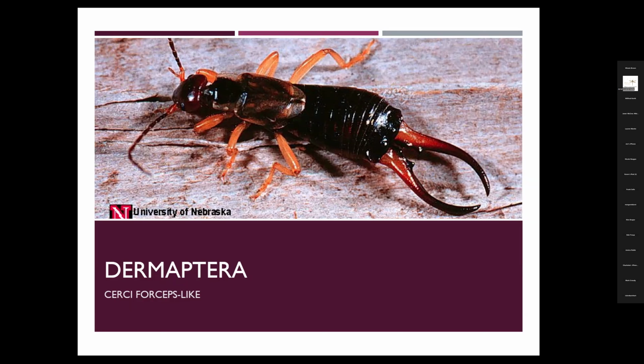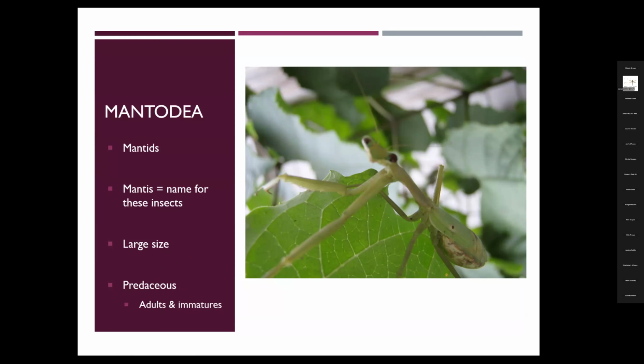Mantodia are the mantids. And these are going to be fairly large insects when they are in the adult stage. They are predaceous as both adults and immatures. The immatures are going to look similar to the adults, but they, again, will be smaller and don't have fully developed wings. These are going to have specialized front legs, known as raptorial front legs, that are modified for grasping